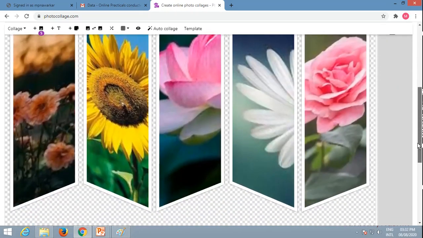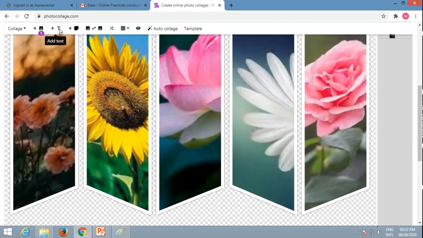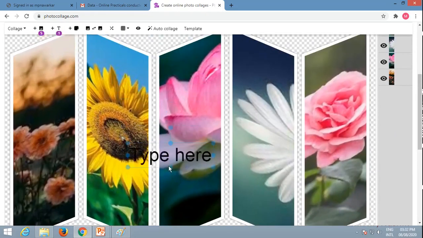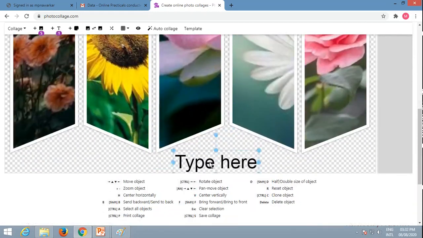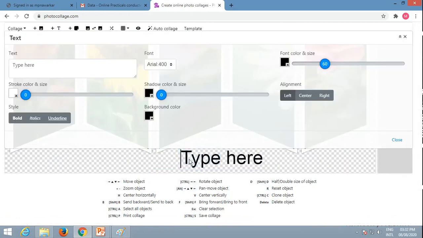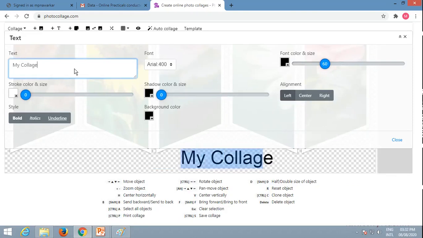Then you can also give the text. So just click here, add text. Now see, this text is here. So you can just take it here and you can give the name to your collage. Suppose it is, you can just type here, it is my collage.